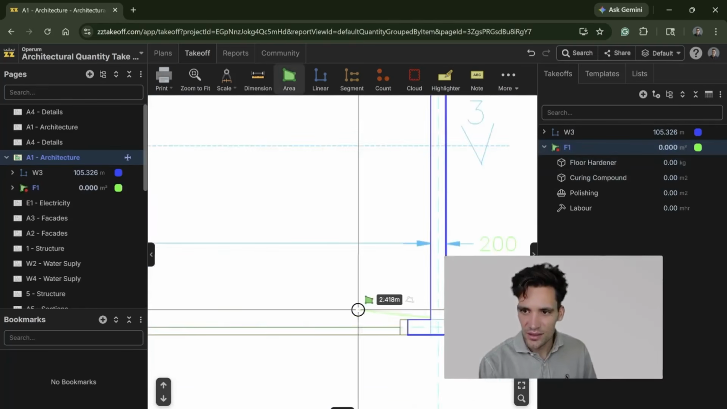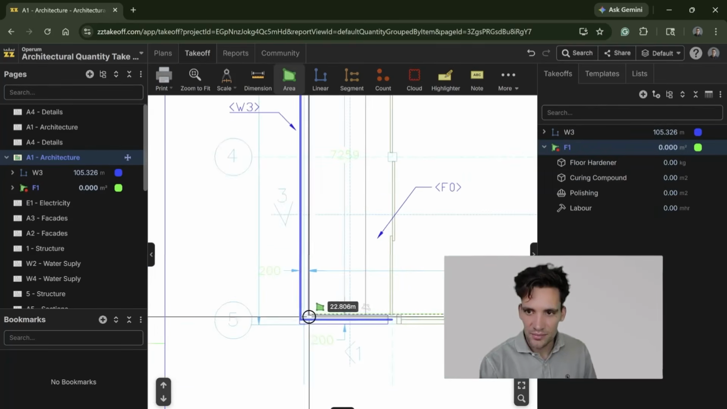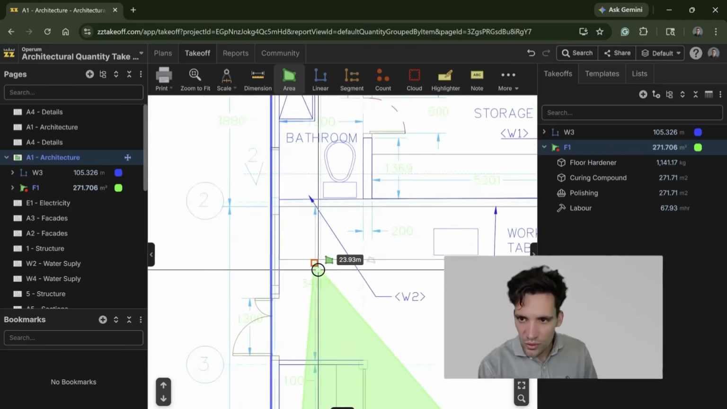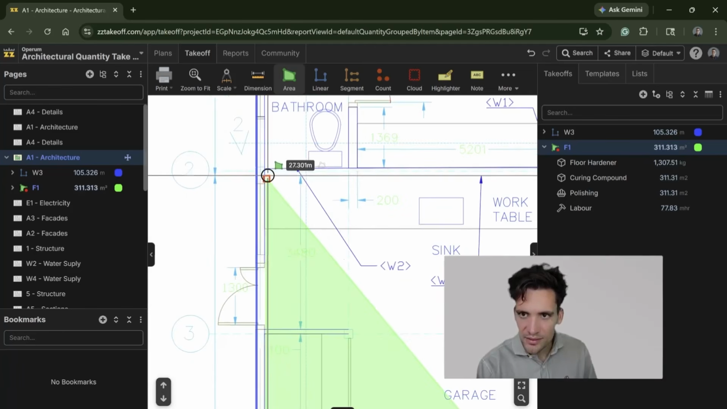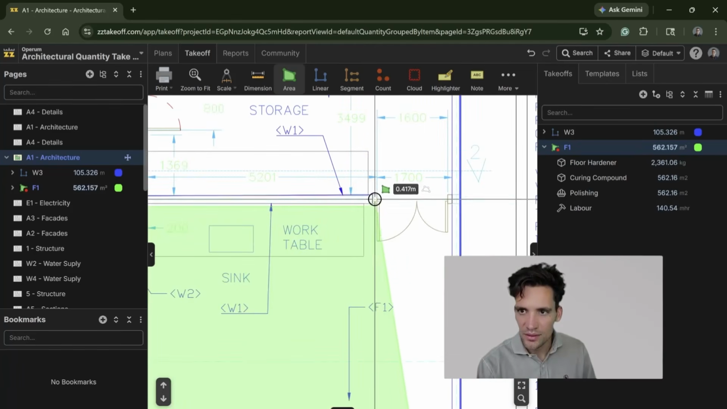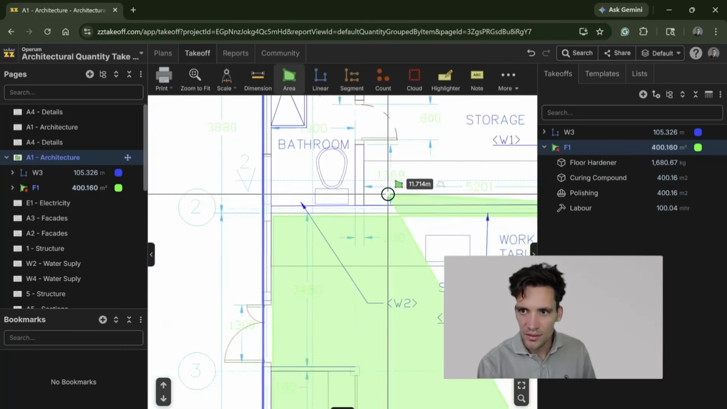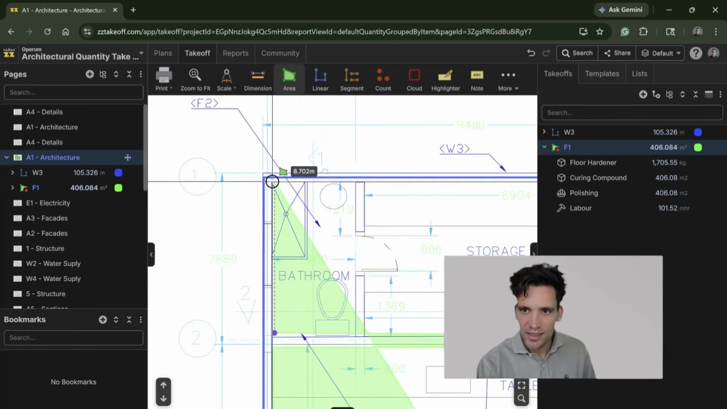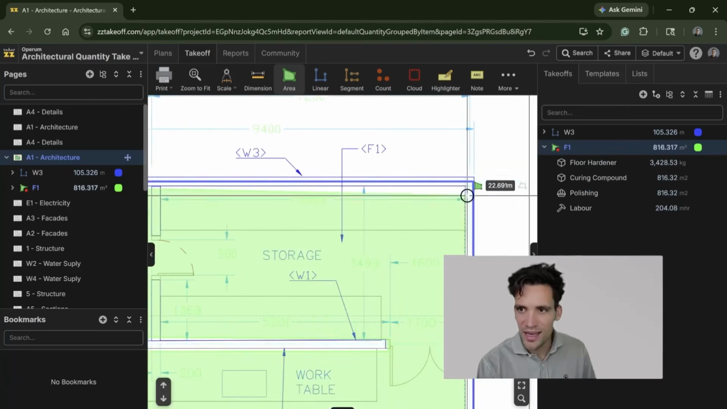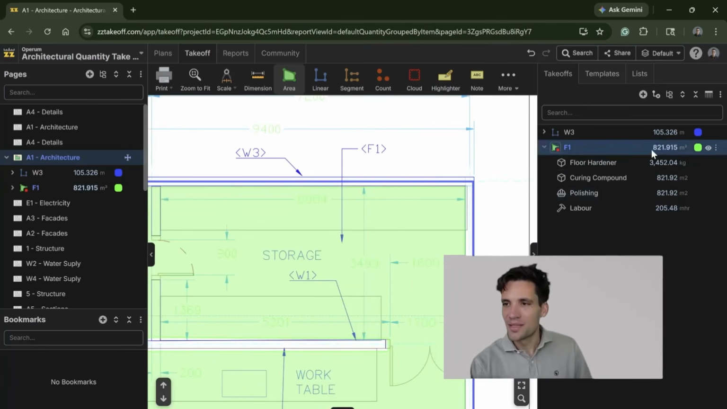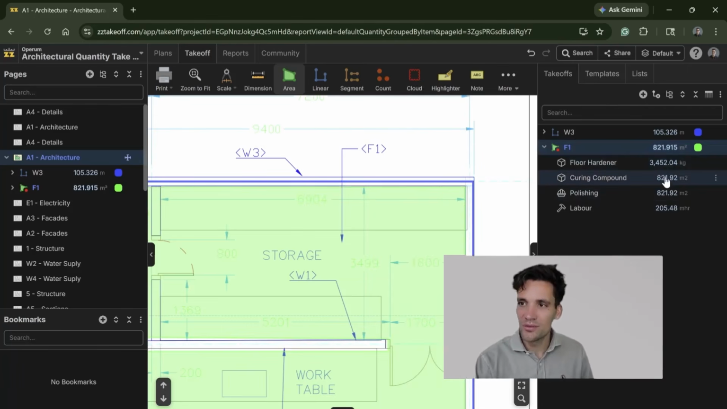I am just going to go and measure the overall area. Again, that's a bench, so we would have... I'm being very precise and actually cutting out the wall. And then I don't think that really matters. But then we've got 821 meters squared, which is